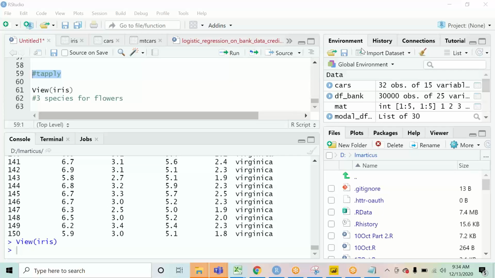The question is, you have to tell me what is the average sepal width for the three species of flowers that we have in the iris dataset.